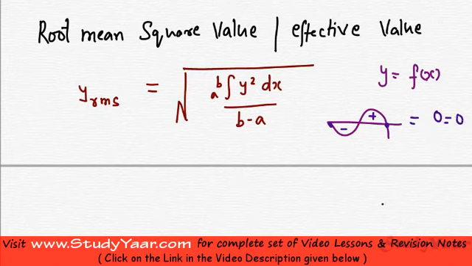So for such periodic functions, we take the square values so that this is made positive, and we get an RMS value, also sometimes known as the effective value of the function. So when you have AC circuits, your IR